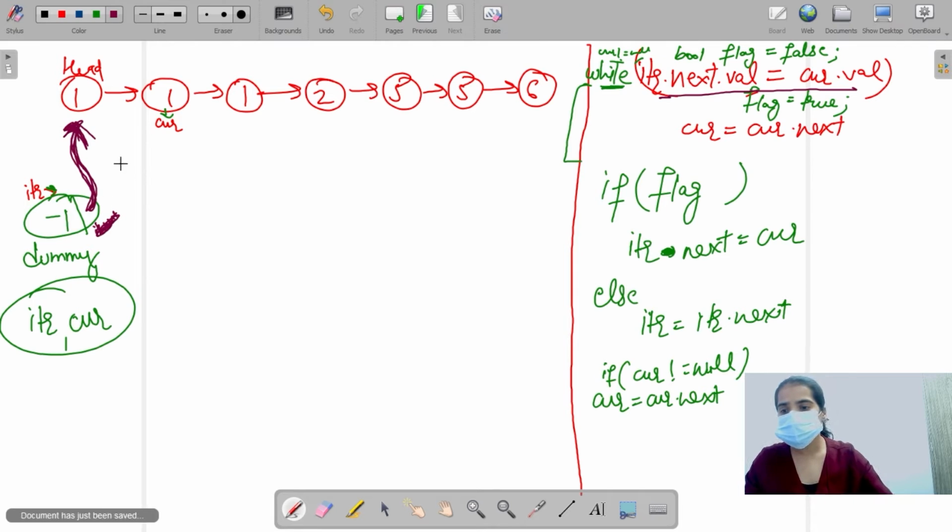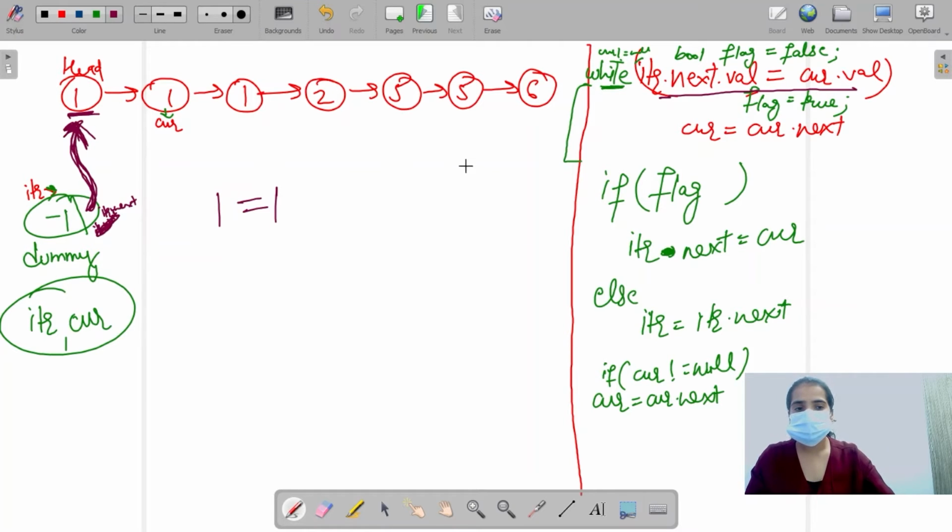What is the value of iterator dot next? It is storing this node. So what is the value of this node? 1. If this is equal to current's value, then shift current by 1, right, and flag will become true